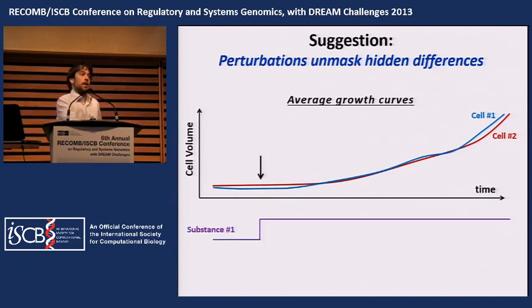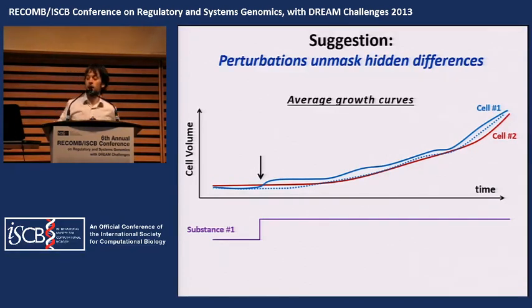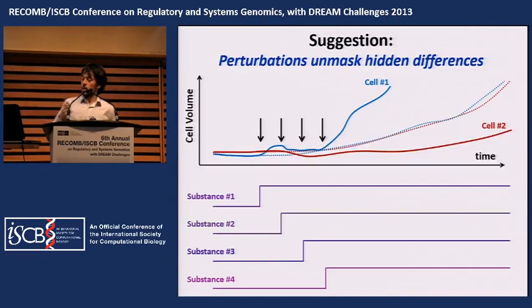But now let's say halfway through, or after some time into the simulation, we add a perturbation, such as the addition of a chemically or biochemically active substance. Perhaps this perturbs the growth curves for one of the bacteria cells, but leaves the other one slightly unchanged. And now there's a slight difference between the two growth curves of the two cells. This would help somewhat, but maybe the phenotypic variability is still not enough.